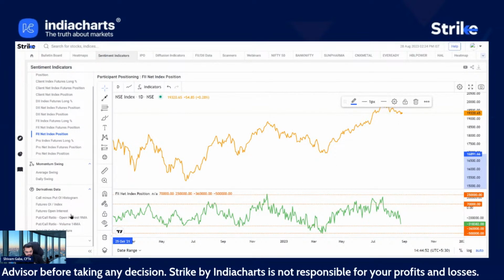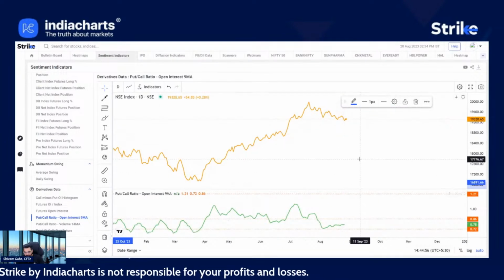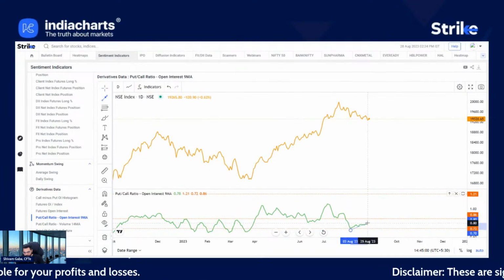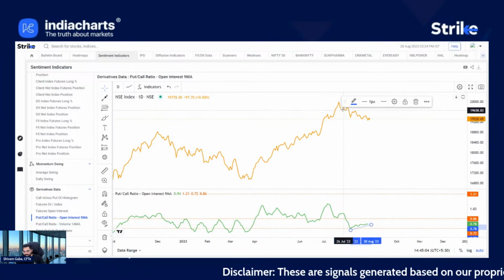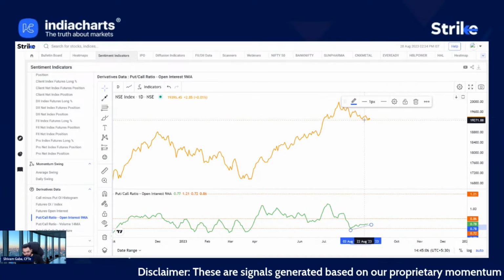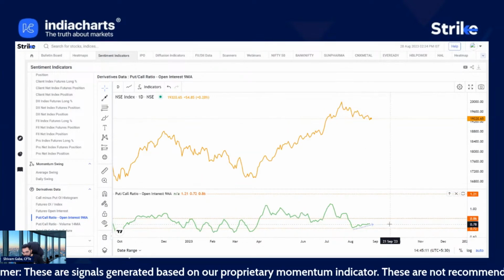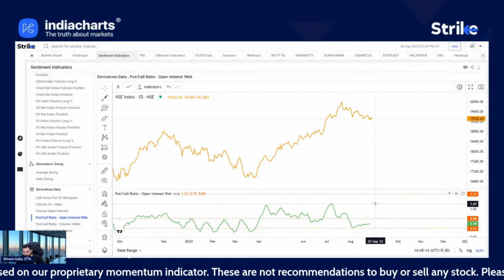Similarly, the one indicator that was indicating from the options point is the put call ratio. You can see slowly the OIPCR has started to rise, which means that as the market has come down, the option sellers are reluctant to sell more and more calls with respect to puts. So this can be an early indication for a